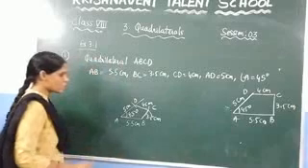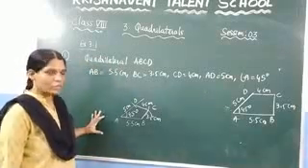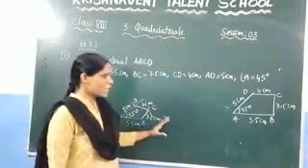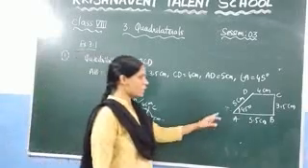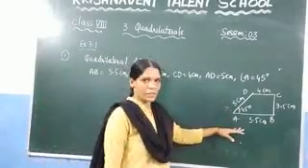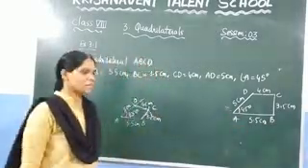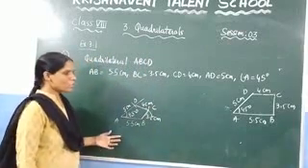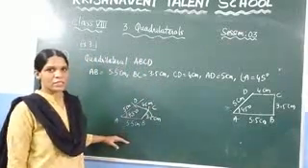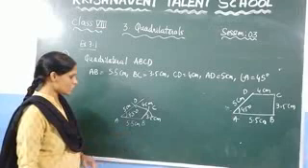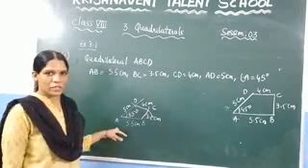Like this you need to construct the quadrilateral. First you need to draw the rough sketch, and check which angle is given. If you take that value as the base, you will get the quadrilateral exactly. Now based on this you can write the steps of the construction. How do you write the steps of the construction? First, I will say you can write it.